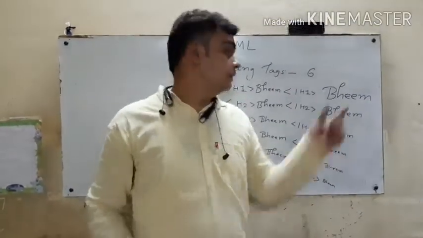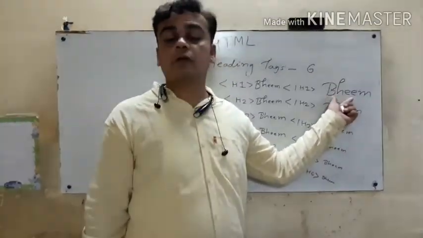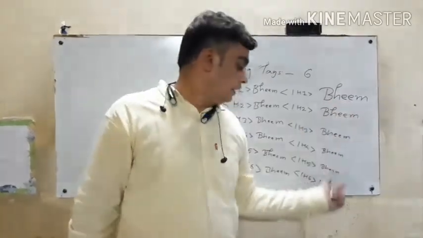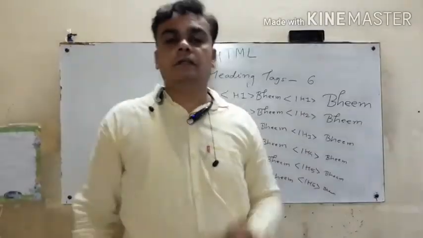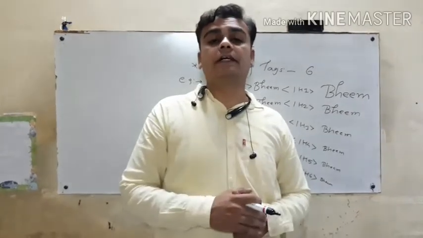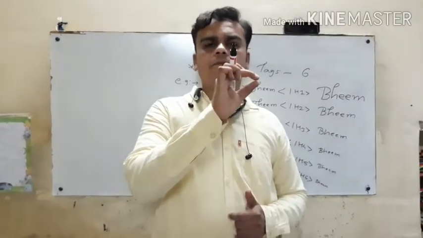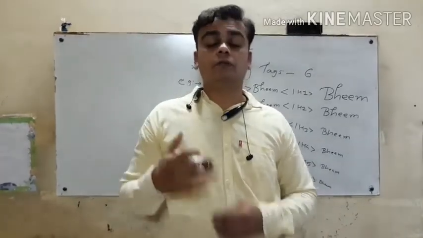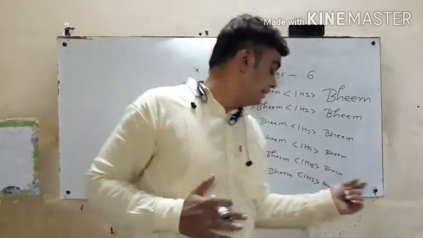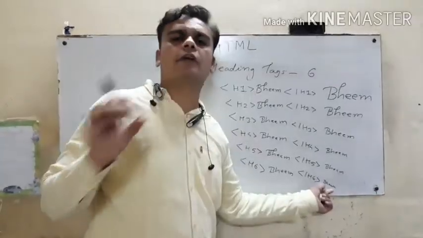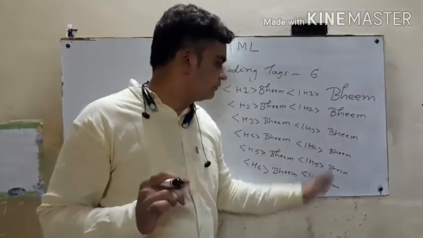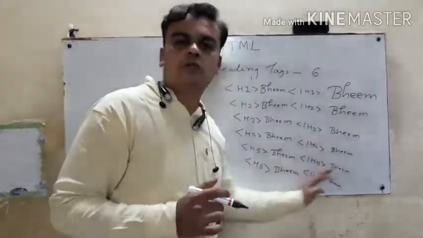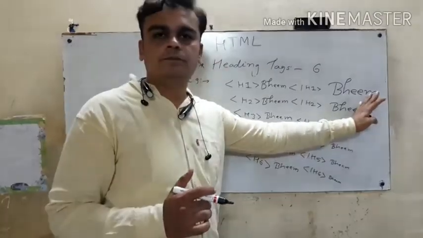Now these are the 6 different heading tags we can use according to our requirement. Generally, H1 is used for the larger heading in my web page. Sometimes we see in advertisements on our TV that they show the text with the smallest font size, like "Conditions apply." So some hidden properties can be represented by H6, which is the smallest font size. So these are the outputs of all these H1 to H6 tags in front of you.